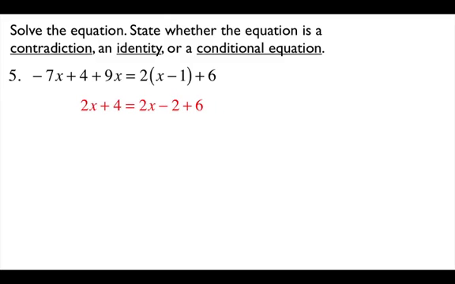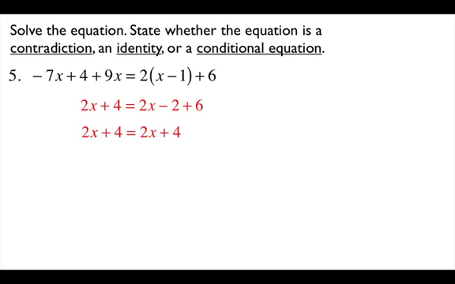I'm going to distribute the 2 on the right hand side here, and I end up with 2x minus 2, and then I am going to combine these two, negative 2 and 6, which gives me 4. And notice that what I get here is 2x equals 2x, and this is always true. The left side is always equal to the right side. If you want to take it a step further and take away 2x from both sides, notice that you're going to get,